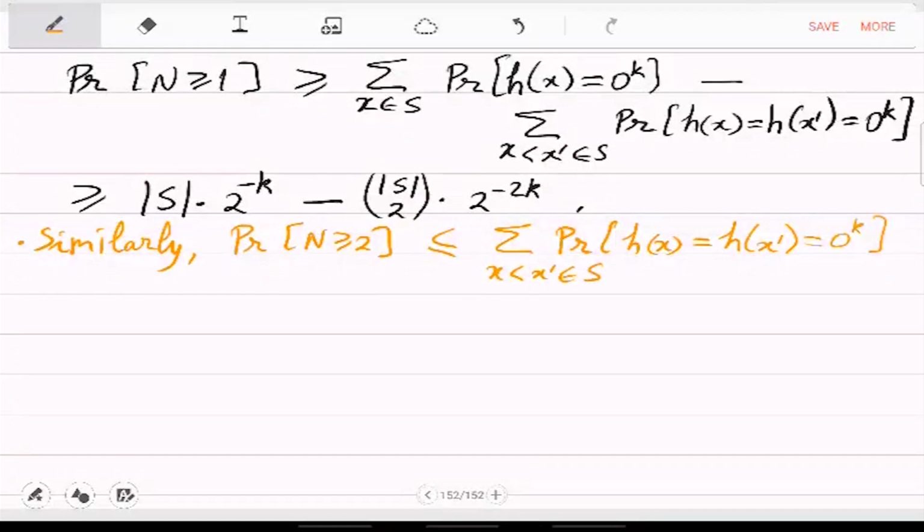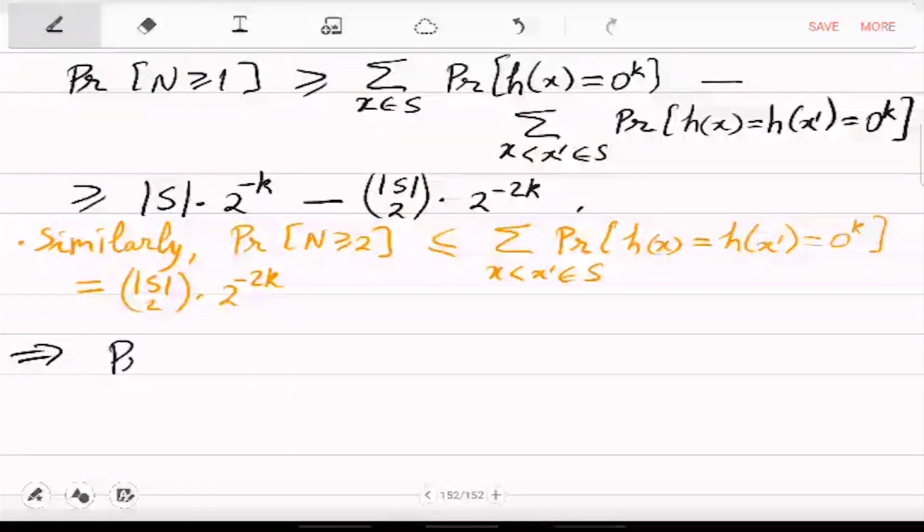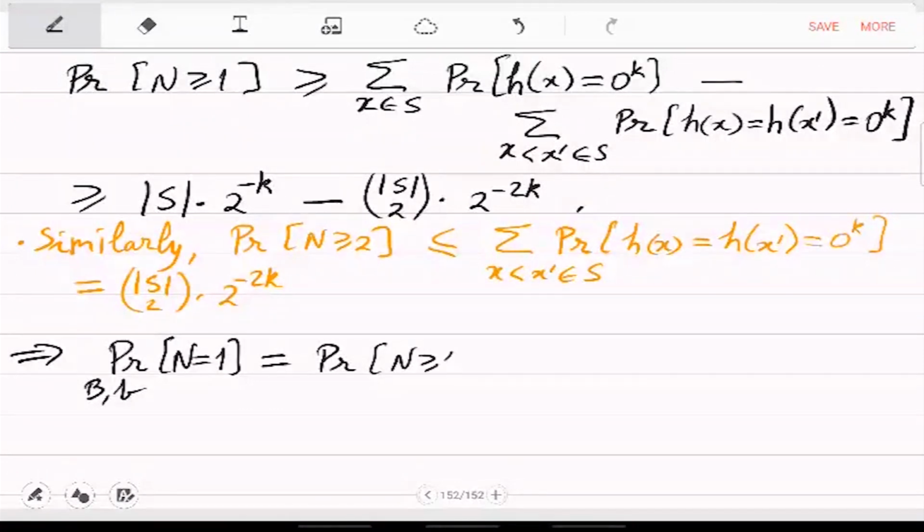So, this is just equal to S choose 2 raised to minus 2k, and so what you get is the probability n equal to 1 for random hash functions given by changing big B and small b. So, that probability is probability n greater than or equal to 1 minus probability n greater than or equal to 2,